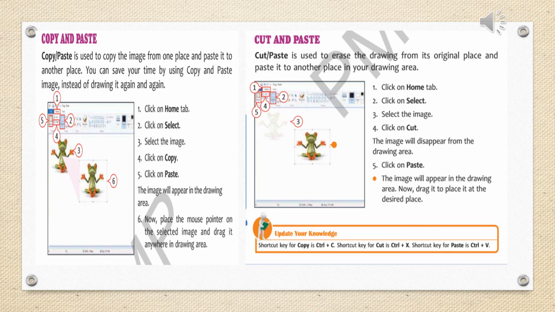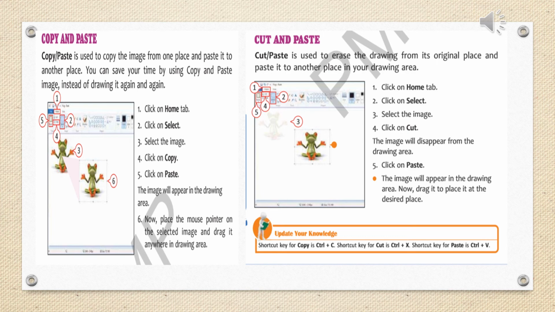Say for example, if you draw scenery in your drawing notebook, once you draw a tree, it cannot be copied from one place to another. You have to redraw one more tree if you need. But on a computer it is possible. If you are using MS Paint, once you draw a tree, simply select that tree and make a copy of it. How to do this we have learned in the previous slide also. Here also I will show you how to.